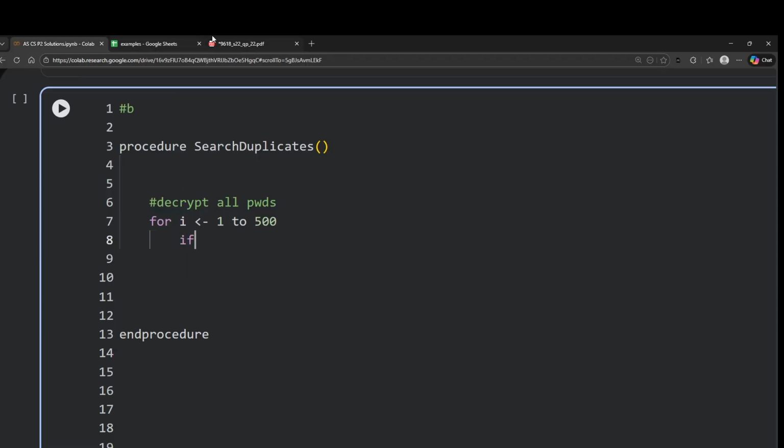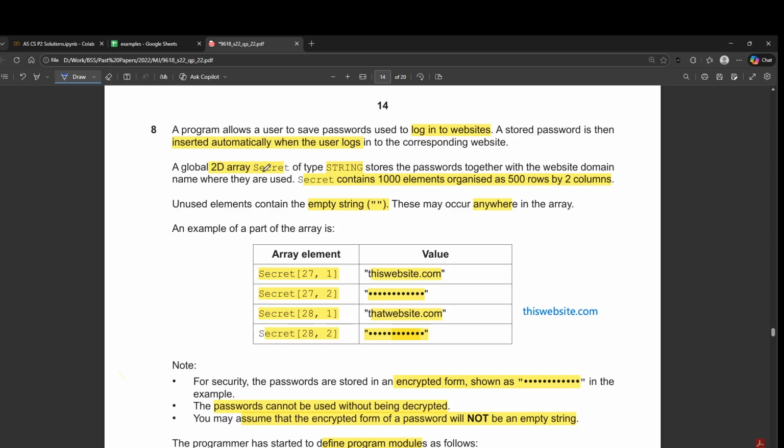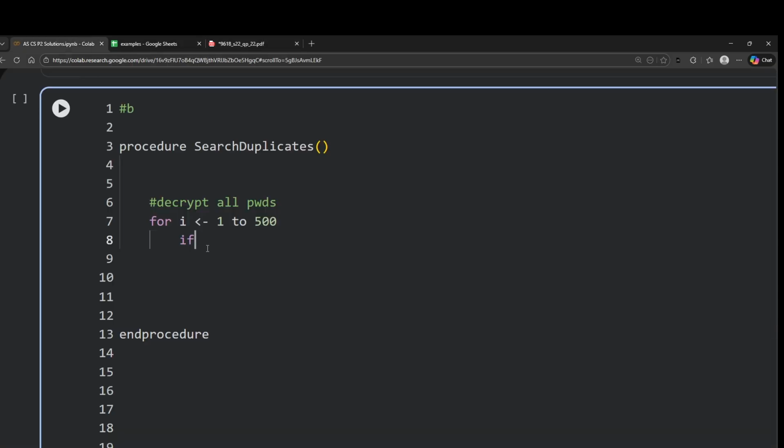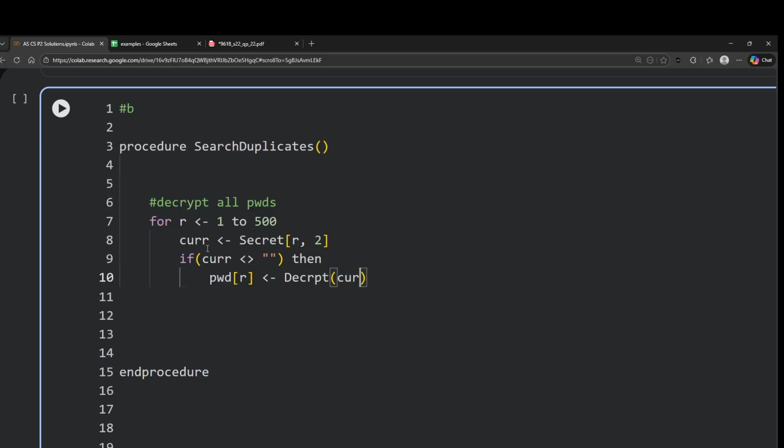So what is the name of the array? It's called secret. Okay, so let's get the current value. So the current value would be secret current row in column 2. So let's make it R for row, and we check if the value of current is not equal to the empty string, then that means there is some value here and we can decrypt it, and then we can store it in the password array. So password index r will apply the decrypt function, which is decrypt like this,